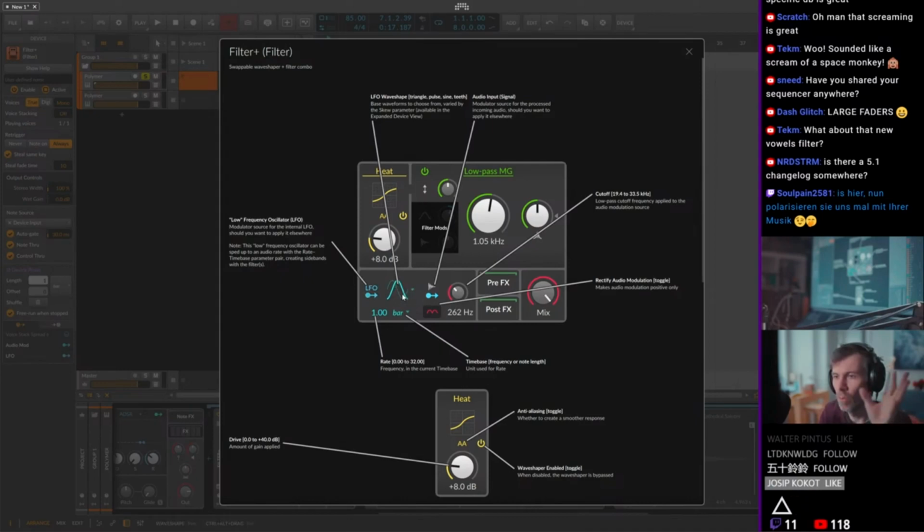I remember a time when we had a lot of LFOs and modulation sources on all devices, but then they introduced the modulation matrix, and then they removed all the modulators from all instruments, and now we have some modulators back. I mean, it makes sense for this device. It's not that I don't like it. It's just